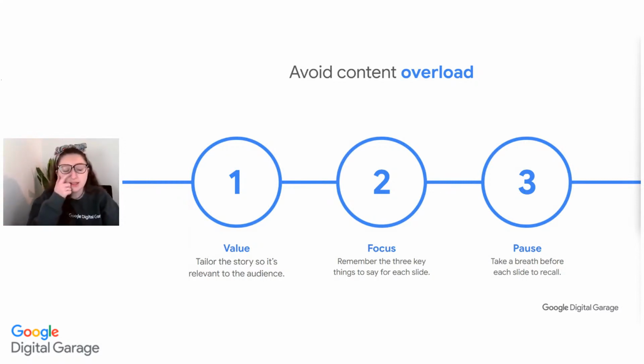Focus. Now, this is really important. So on every slide, you can have three verbal points for each slide, or have a set of three slides with one point for each slide. That's going to help you vary the pace, but also make sure that your content is interesting with that story.